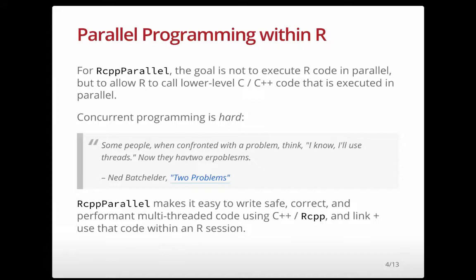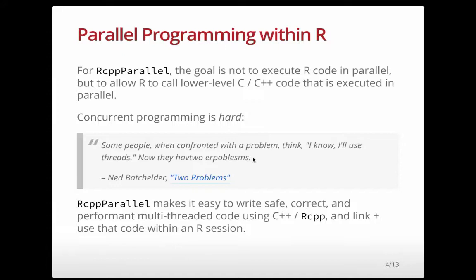The hardest part is managing shared resources, in this case the output stream that threads are trying to write to. When you have multiple threads trying to write to standard output without appropriate locking, or threads taking ownership, saying, okay, it's my turn to write, and then releasing it and letting other threads write, then you get these kinds of problems. So the goal of RcppParallel is to make it easy to write safe, correct, and performant multi-threaded code